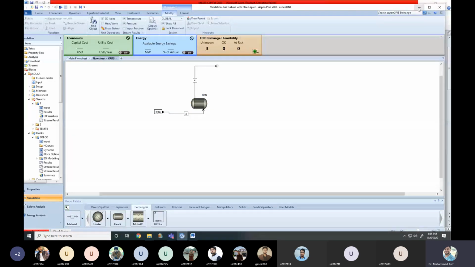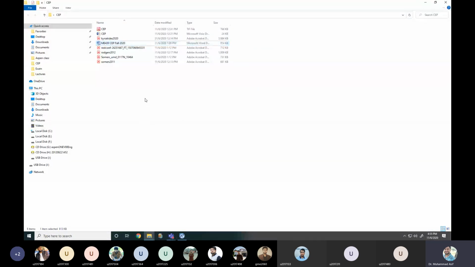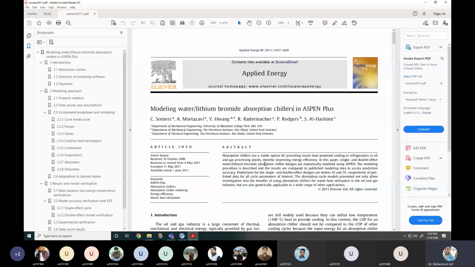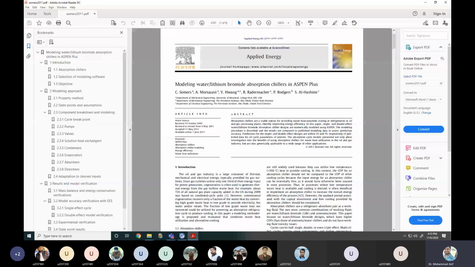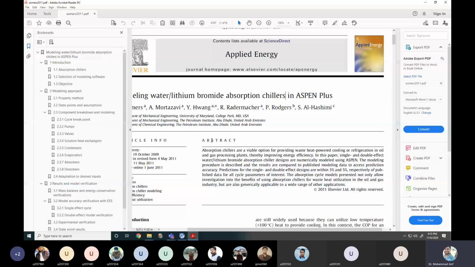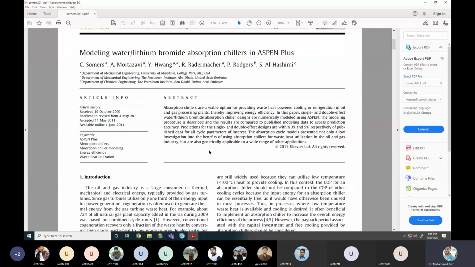I can give you a reference paper on how to model that. You can read those modeling papers. For example, this is one of the papers. It has modeled the water-lithium bromide absorption chiller using Aspen Plus. This is a very high impact factor journal, Applied Energy, a very high impact factor journal for research. In that case, they use Aspen Plus to model the